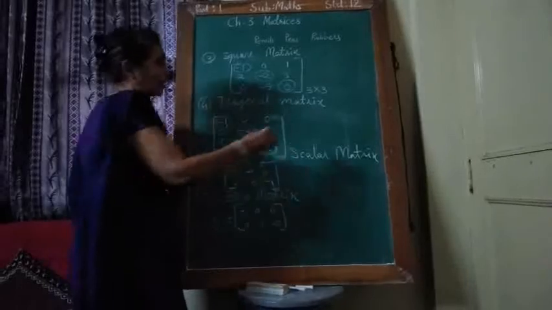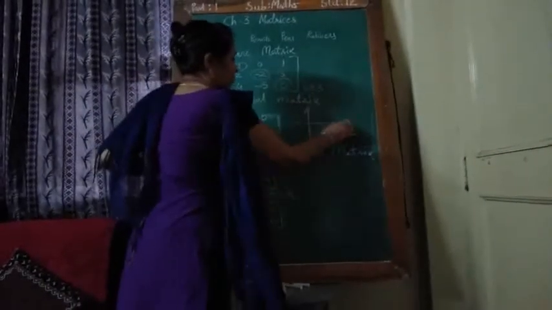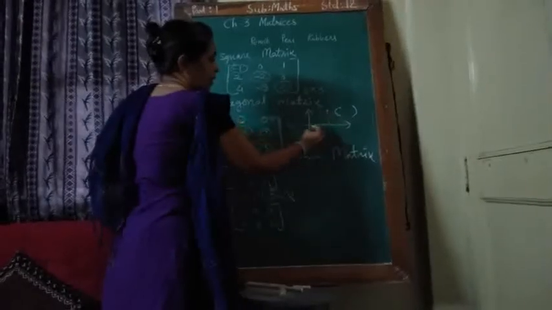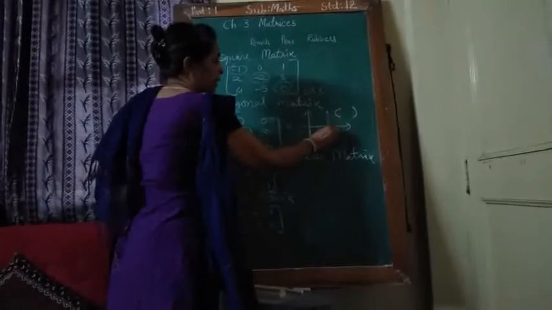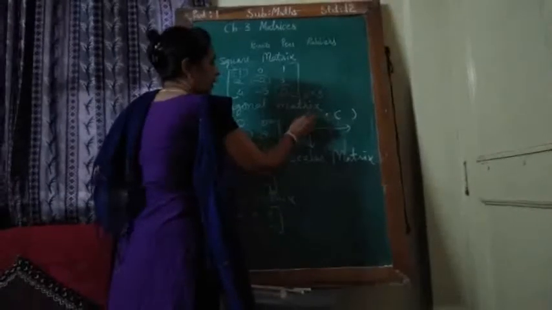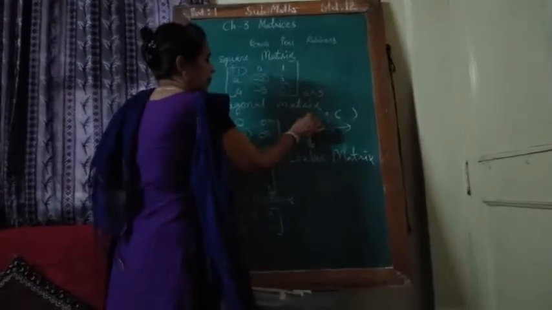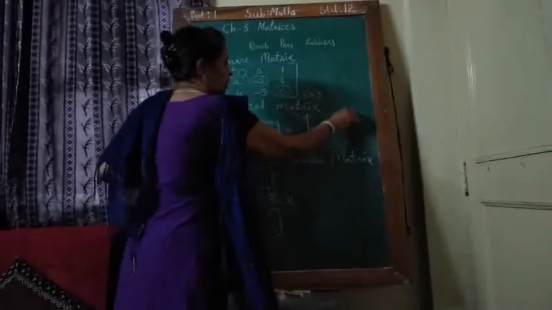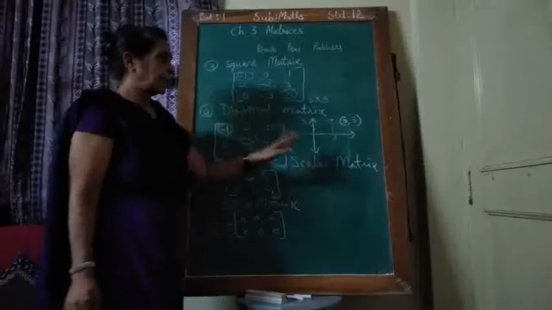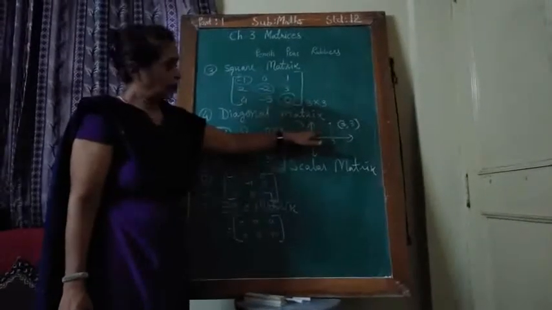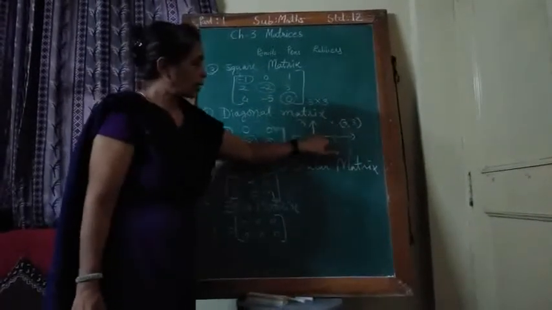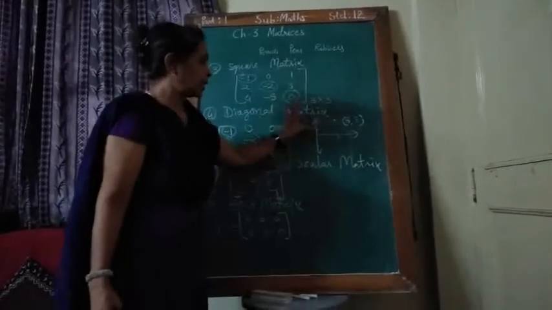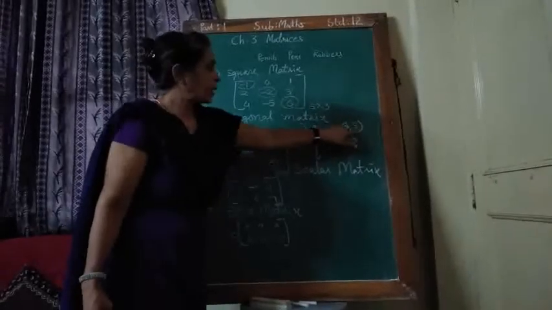In geometry, we write some point in order. This point has which order? Suppose the x coordinate is 3, and the y coordinate is also 3. 1, 2, 3. Then the order of this point is 3, 3. That means it is in the first quadrant. The x coordinate is 3, so from the origin it is 3 units far, and on the y axis 3 units. So 3, 3 means this point.